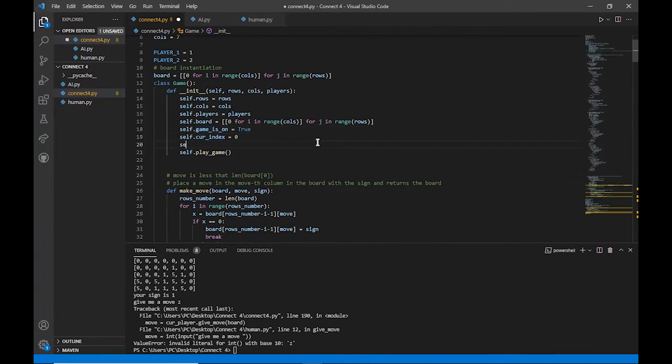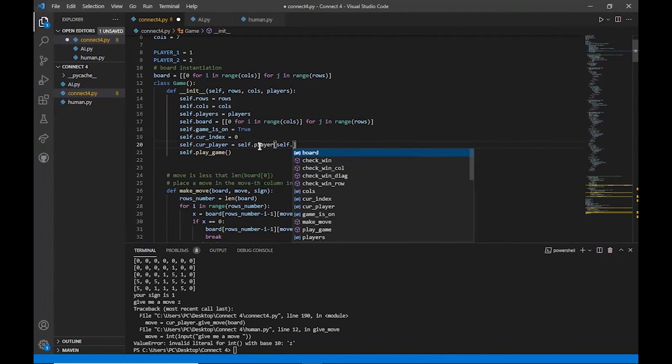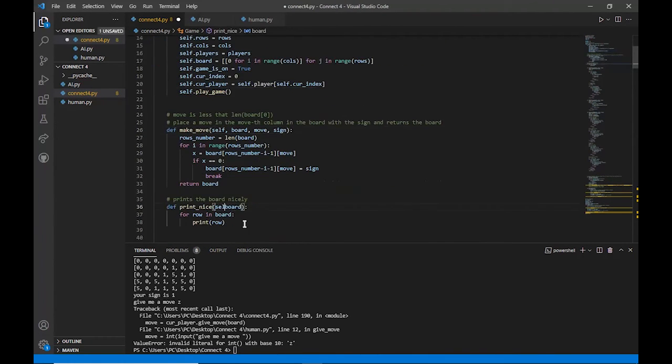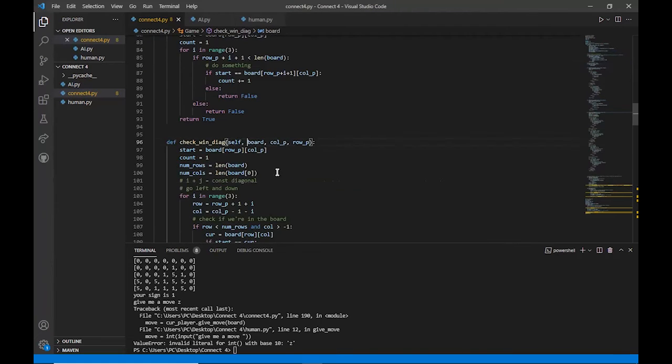And we also let's have self.currentPlayer. I think that is what we're using. Self.currentPlayer is equal to self.players of self.currentIndex. Now what I'm going to be doing here is I'll just speed up this whole thing